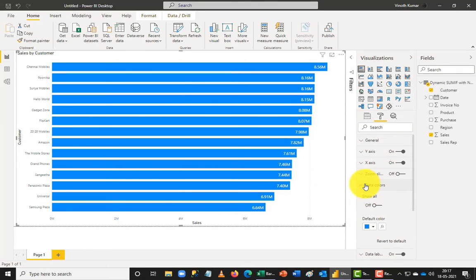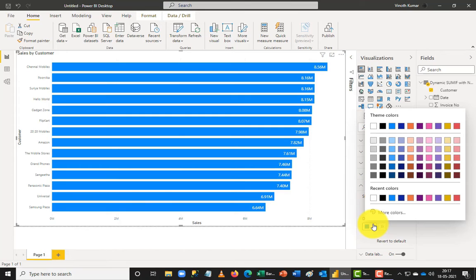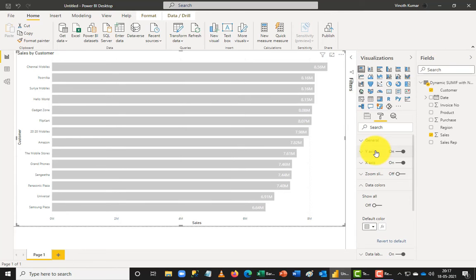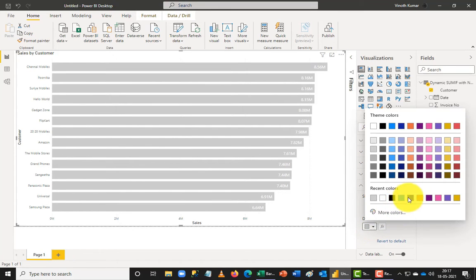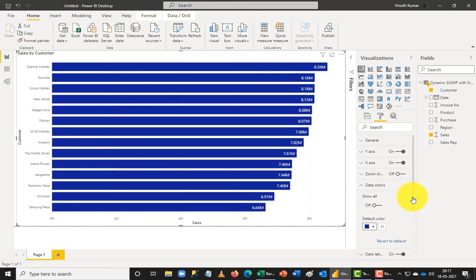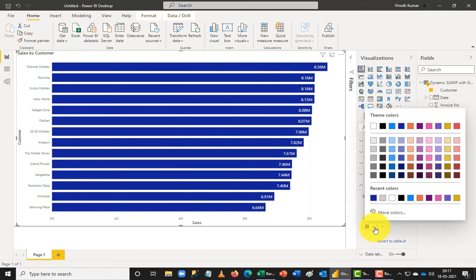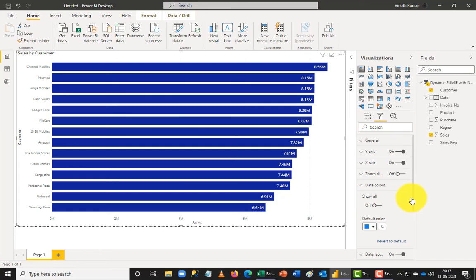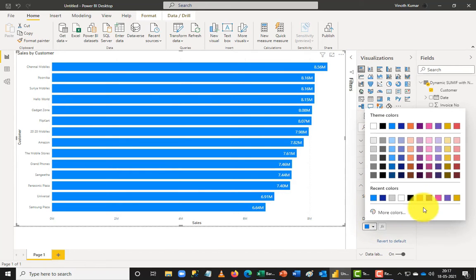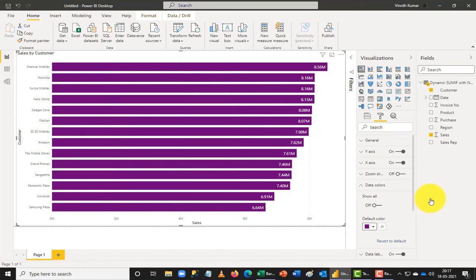And if you want to change the colors here, you can pick up the color. The colors have become very good right now. After the April edition of Power BI updates, the colors have become better. So choose the color wisely, because you cannot kill the colors here. So you have to be much more careful in color options, so you can pick up a darker color or a better color to show up the data better. So what do you want to see or what do you want to show here, you can show them here. So I'm trying to pick up purple here, so I'm taking the dark purple here.